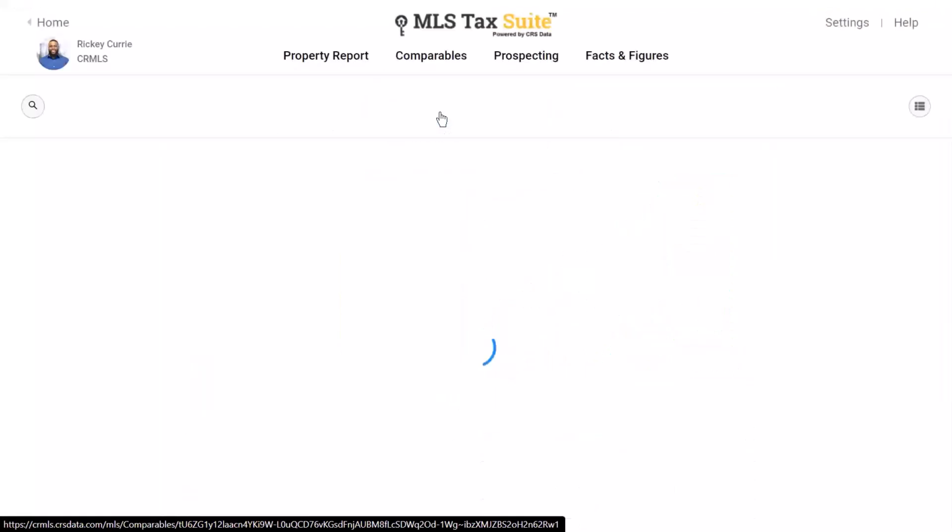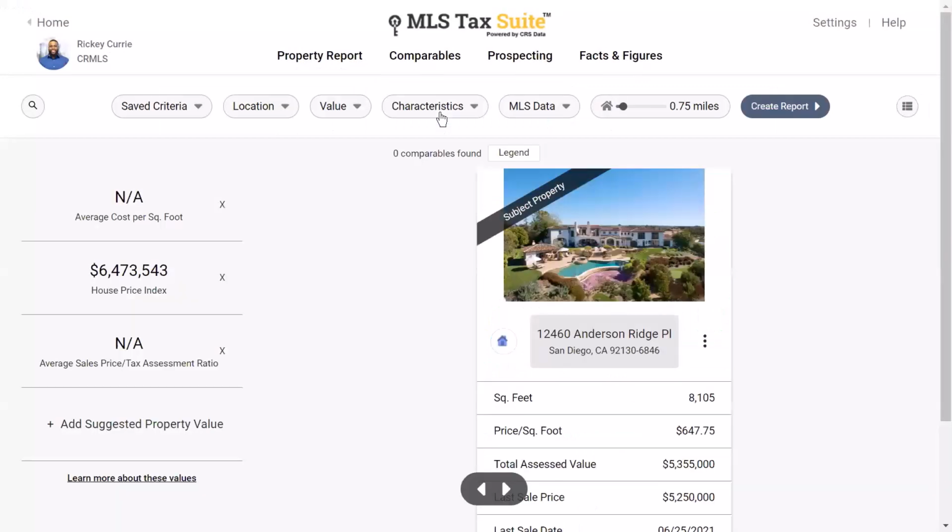With this CMA client report, I can click on the CMA client report and it automatically should give me comps. But due to the property being such a big property here, we didn't get any comps. We can still make changes to get comps, or we can just jump back and grab another property.